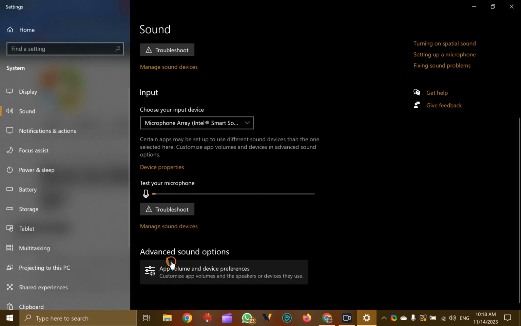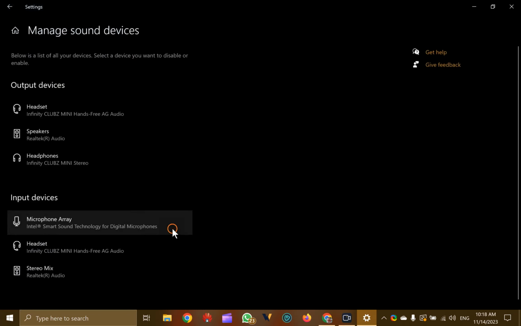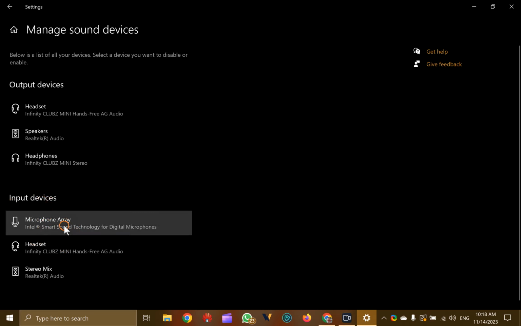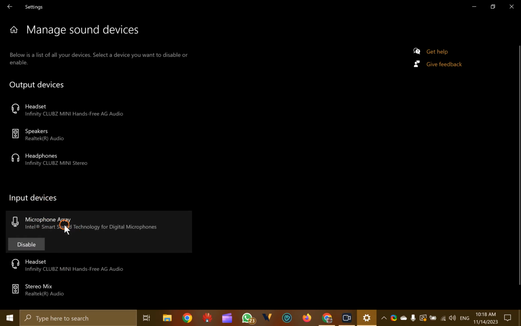Under input section, now under input devices section you will see microphone entries. Click on the one you want to disable and then select disable option, and if you have already disabled it and you want to enable, then you will find here enable option. This one is first method.